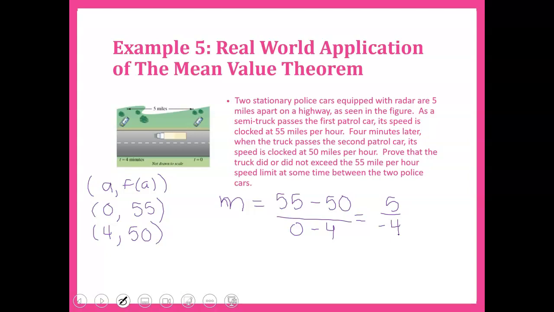So what does that mean? That means that the truck was slowing down. His average speed was -1.25 miles per hour. So what that means is he was slowing down. Average speed